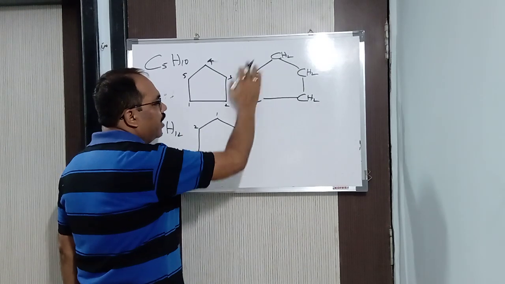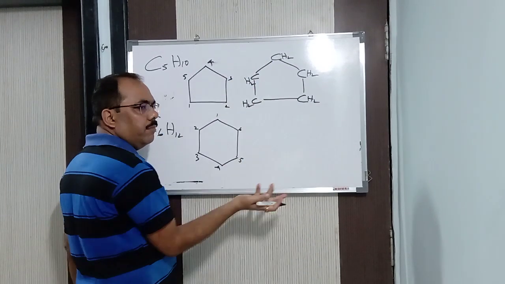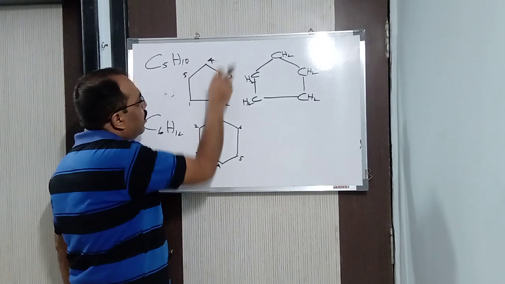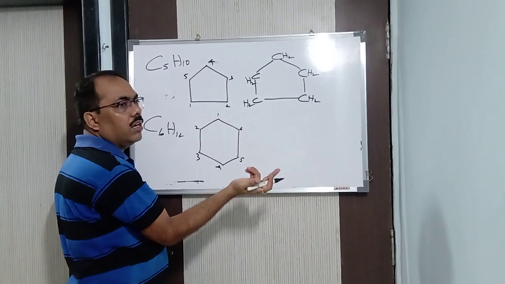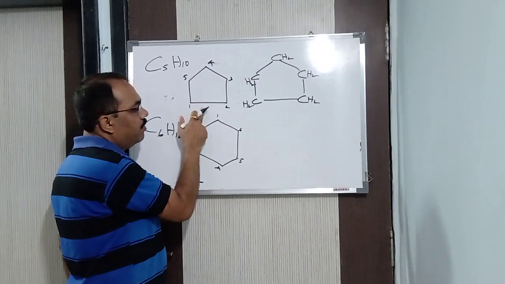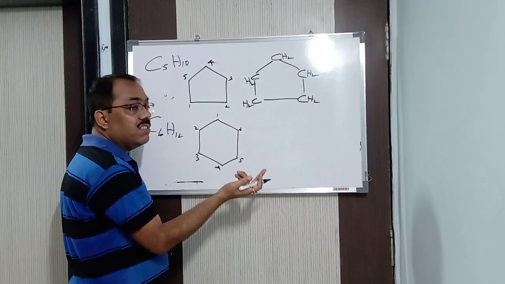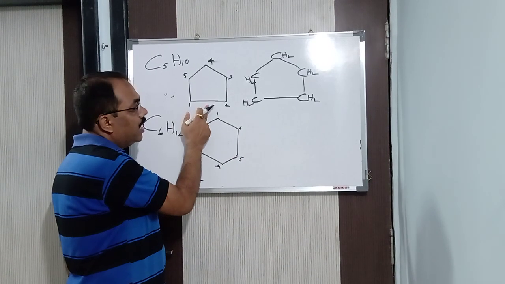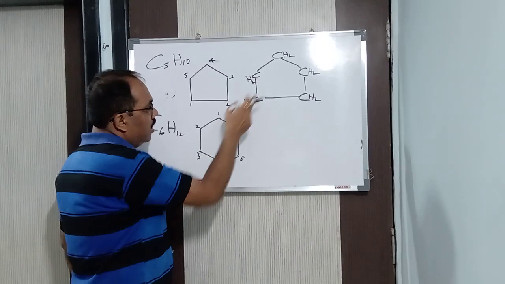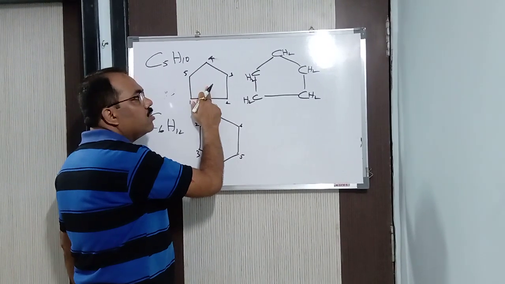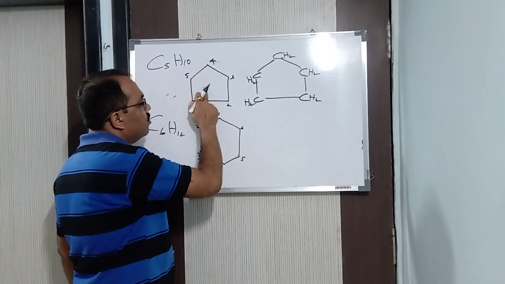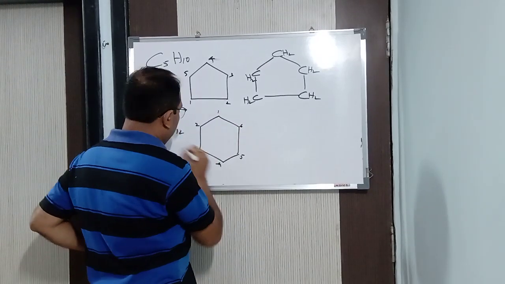Now, it is not possible every time to write CH2, CH2, CH2. It becomes tedious. So if we represent it this way, C5H10 means this. The name of this compound is cyclopentane. When you study alicyclic compounds, you will study about it. Cyclopentane. Instead of representing it the long way, this is the shortcut way to represent it, which is known as polygon formula. Like C6H12.